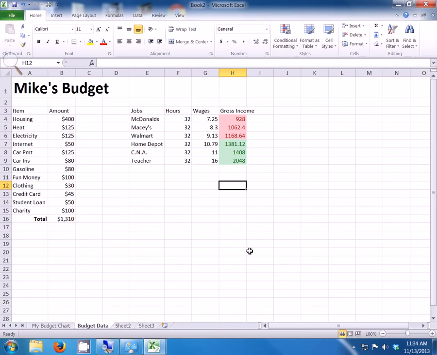The extra credit for this one is to actually take this home, have your mom and dad look at it, and sit down and go through this and actually come up with an actual budget. You can then go over here and put mom and dad in here, how many hours they work, what their wages are, and this right here. Now what I would do too is I would add these together, so I would say